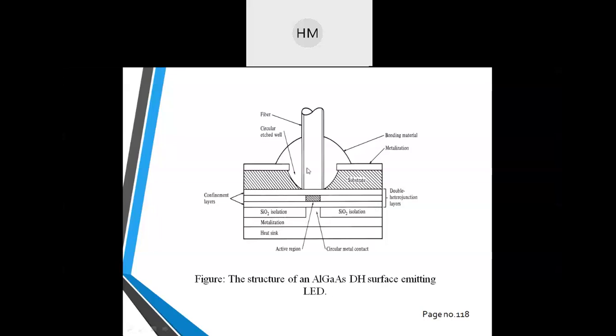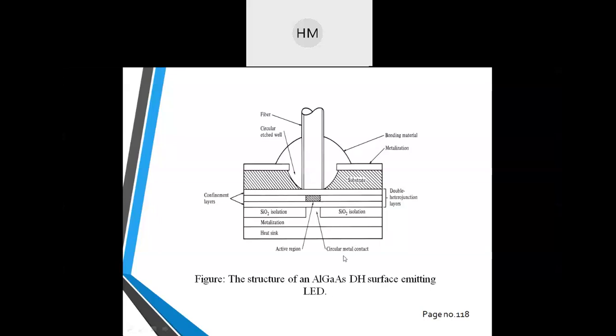Okay? But the light output is confined to this. This is my fiber optic. Okay? And light is confined to this active region. And light radiation will take place and your fiber will take this light. Okay? So this is my surface emitter LED. The structure of high radiance etched well DH structure. Here a well is etched, okay, which is the active region from where the light will come out.